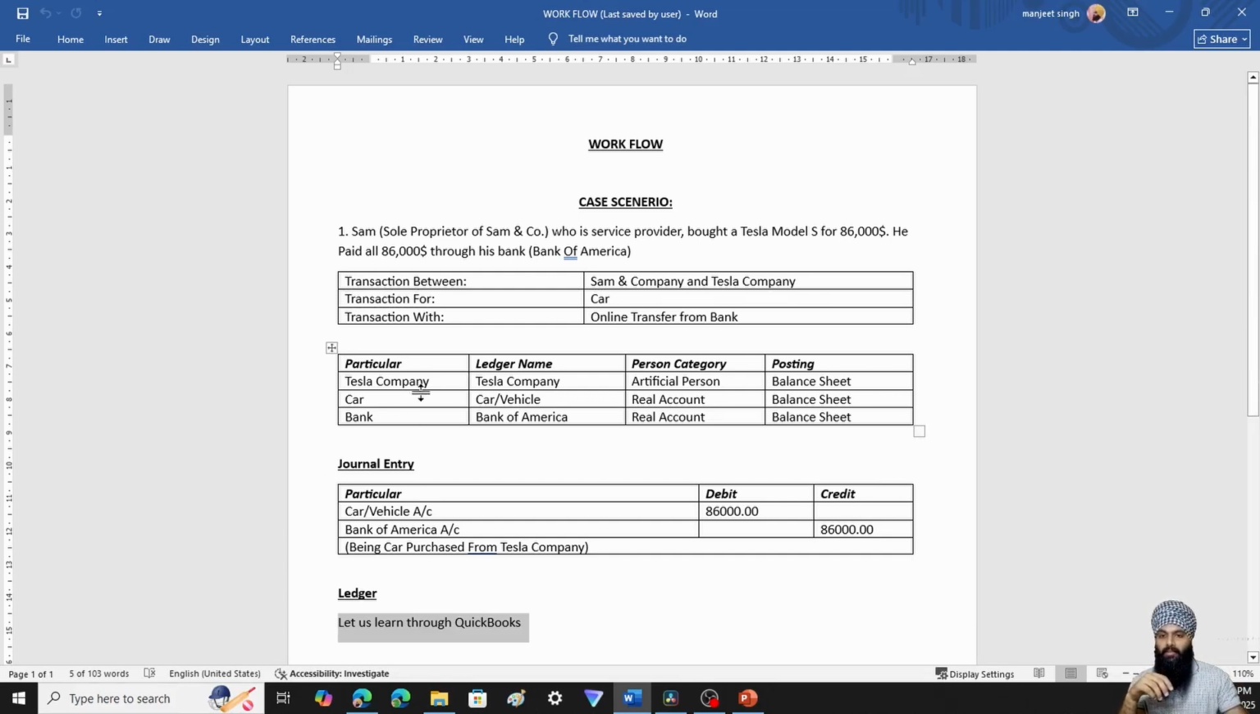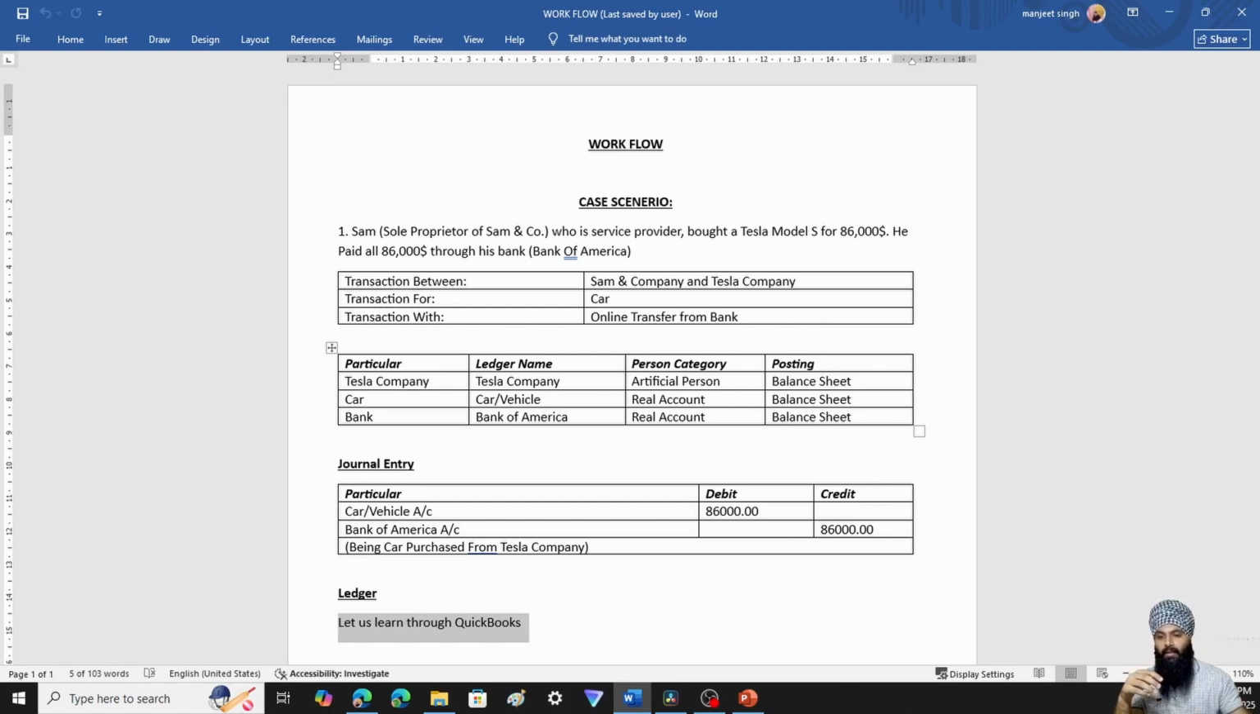And please note that, as you can see here, the particular of Tesla company and the ledger name are the same. Why? Because when we are going to create a ledger of a person account, it may be natural or artificial, their ledger name is always as per their legal name. Since the legal name of Tesla company is Tesla company, of course that is as per law, and obviously we are going to create the same name,